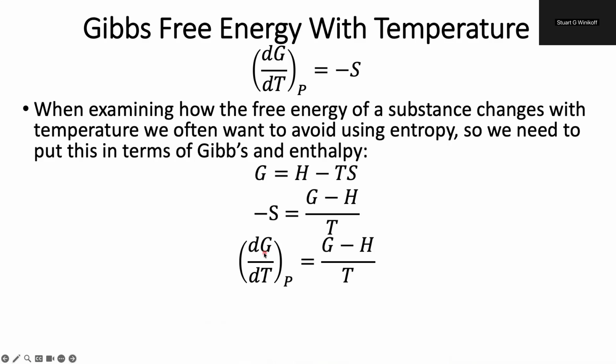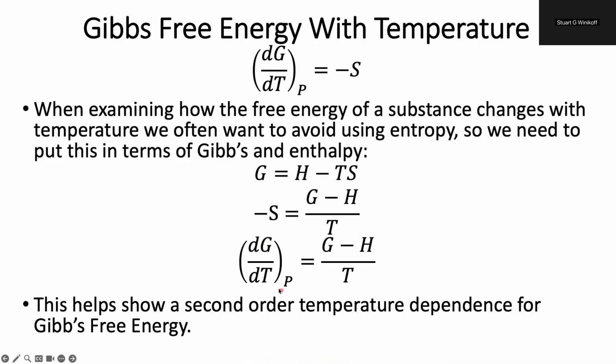Now, this actually shows a couple of interesting things that we don't get from this first expression. First, note that the change in Gibbs with respect to temperature is dependent upon the Gibbs energy itself. So again, this is going to cause some interesting nuance. But more importantly, we also have this second order temperature dependence, because notice the change in Gibbs with respect to temperature depends on the temperature as well. So this makes working with the change in Gibbs with temperature very tricky because it relies both on the Gibbs and the temperature. So again, this can be a little bit nuanced, but it is also worth noting that oftentimes